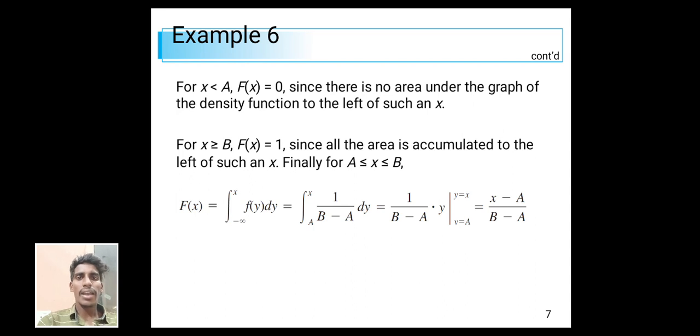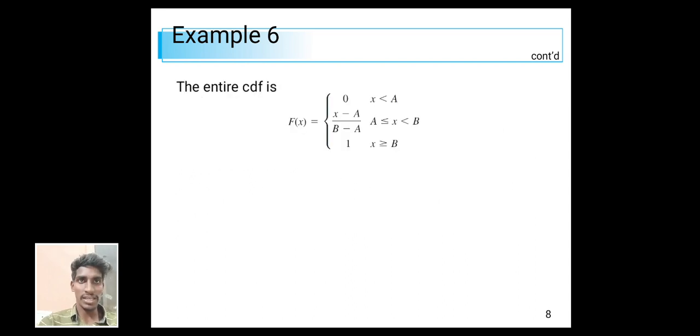Finally, for A ≤ x ≤ B, F(x) equals the integral from minus infinity to x of f(y) dy, where f(y) is 1 over (B minus A). Integrating 1 gives y, which we evaluate to get (x minus A) over (B minus A). The entire CDF is F(x) equals